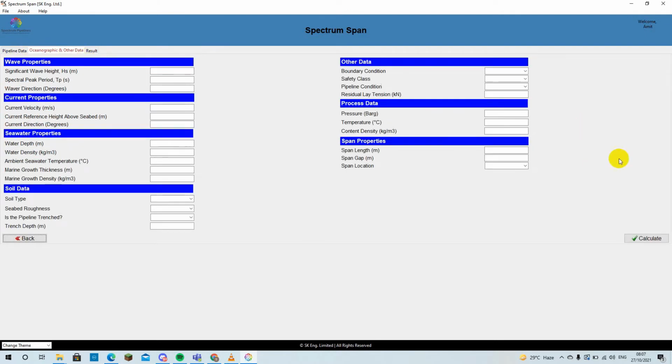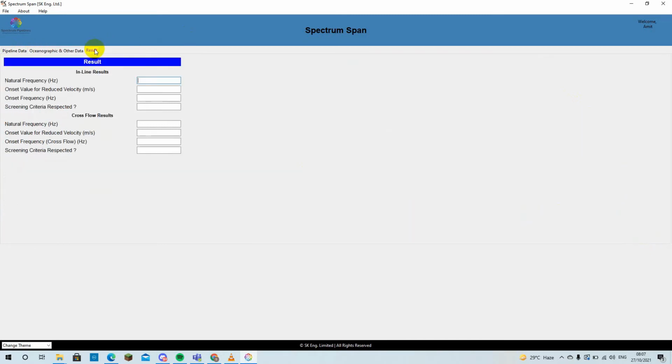Once the input data is inserted, and the user hits the Calculate button, the software solver calculates for the required parameters and outputs the results on screen. A PDF results file can be created and saved locally, which contains a summary of input parameters and the results